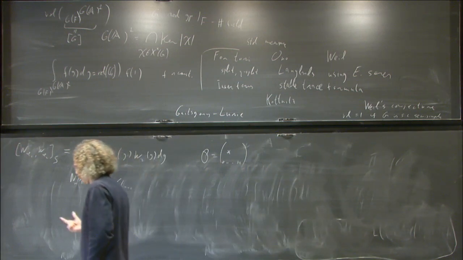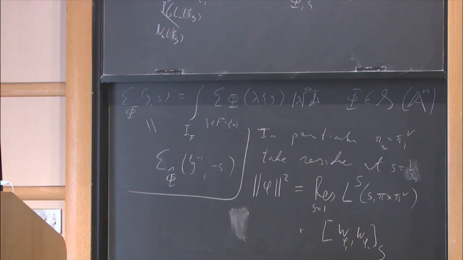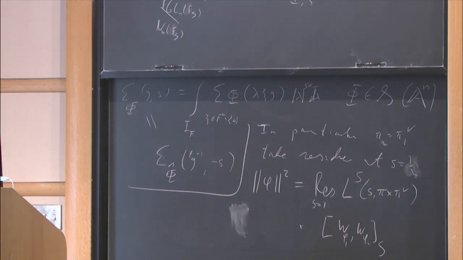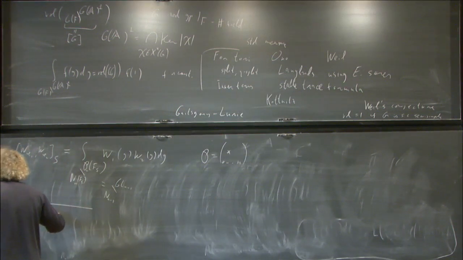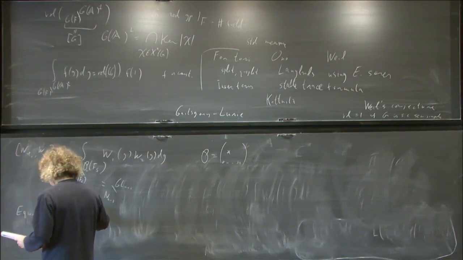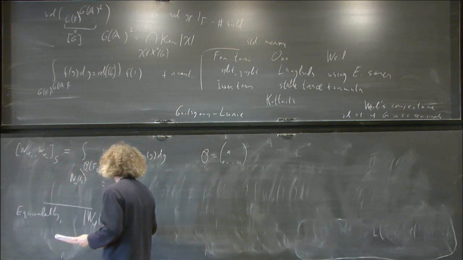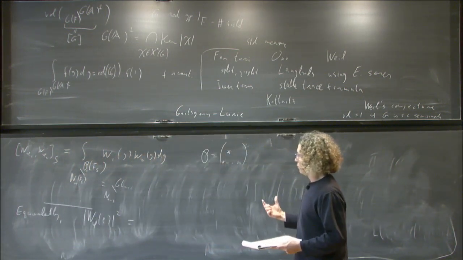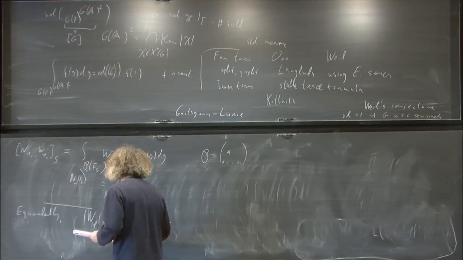So that expresses the Petersson inner product in terms of the Whittaker model inner product, and that's certainly something useful. And we can turn the tables, and so equivalently, if you like, morally equivalently for sure, you can write the Fourier coefficient, or the square thereof, is 1 over this residue